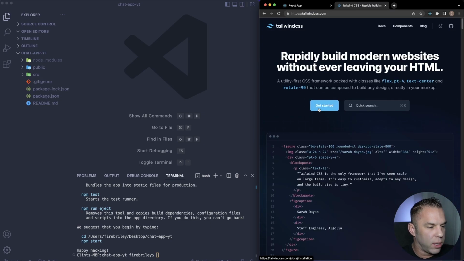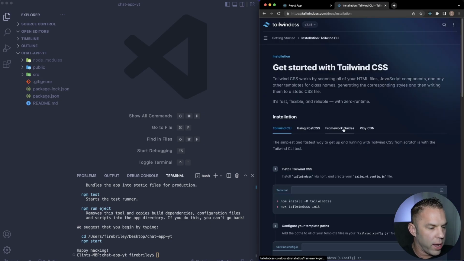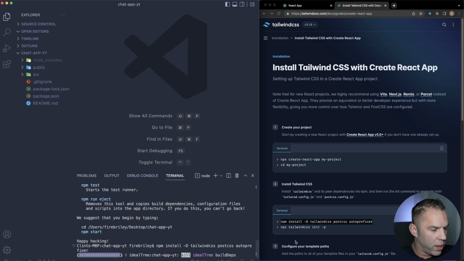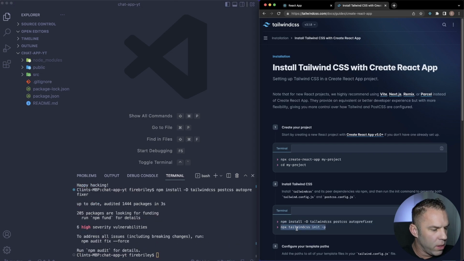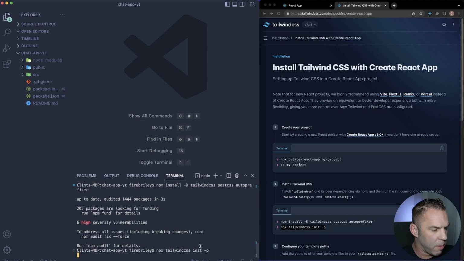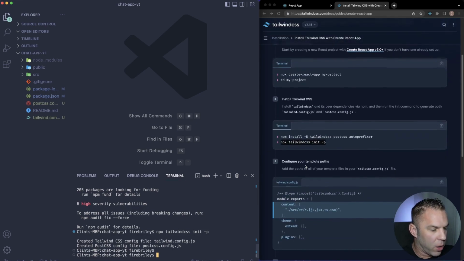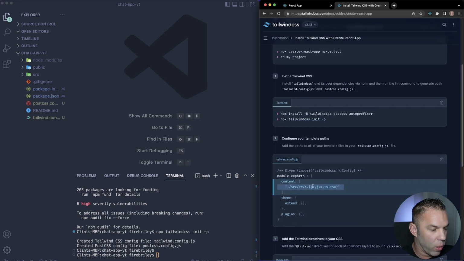You can skip through this if you don't want to use Tailwind, or if you already have it installed, or if you're familiar with it. But I'm going to go ahead and install Tailwind. I'm just going to copy this line over since I'm using NPM, and paste that in there. Next, we're going to want to run this npx command, tailwind init -p. That's going to create this tailwind.config file. That's important because this next line here, we're going to paste inside